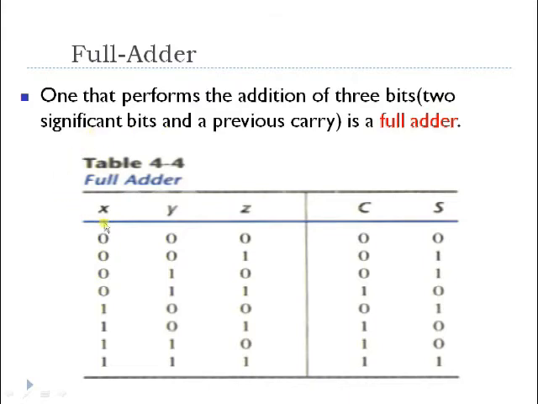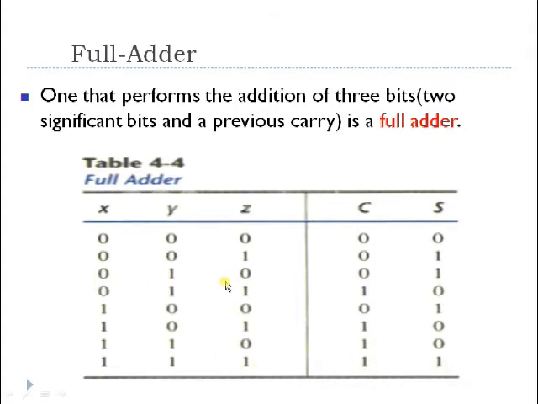From this we can easily say that there are 3 inputs, and we'll get 2 outputs, sum and carry. As you have 3 inputs, you'll get 8 combinations, that is 0 to 7. Here you can see, for the combination 0 1 1, carry is 1 and sum is 0, and for 1 0 0 carry is 0, sum is 1, and for 1 0 1 carry is 1 and sum is 0, and then 1 1 0 carry is 1, sum is 0, and for 1 1 1 carry is 1 as well as sum is 1.